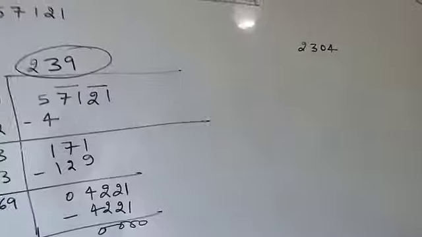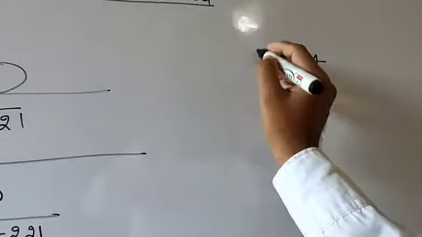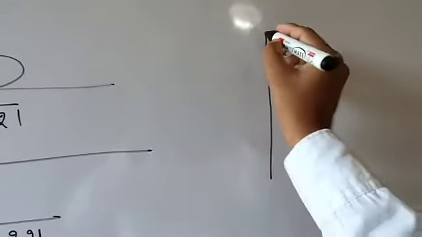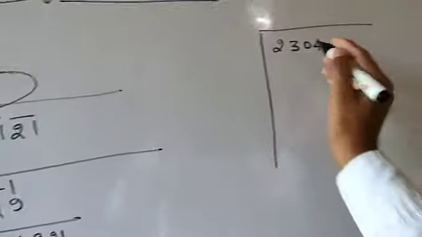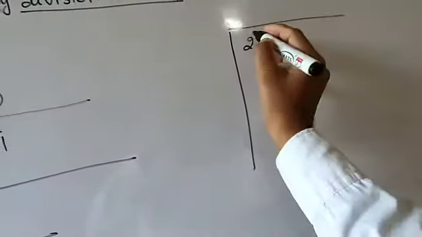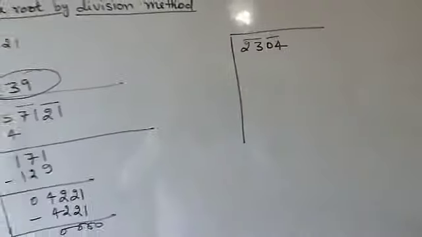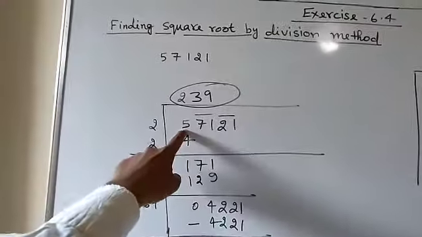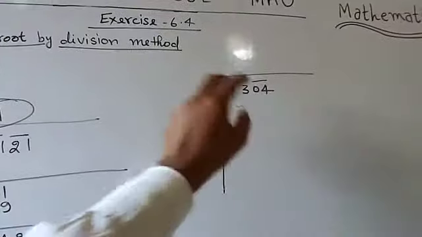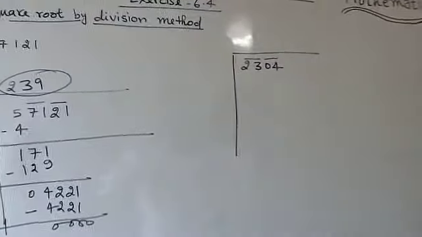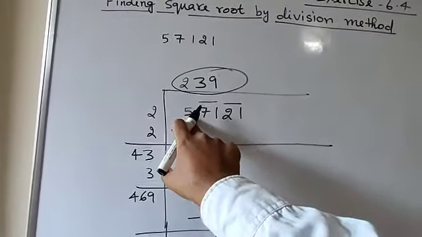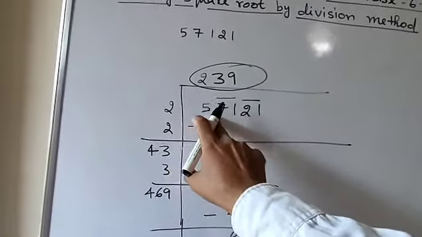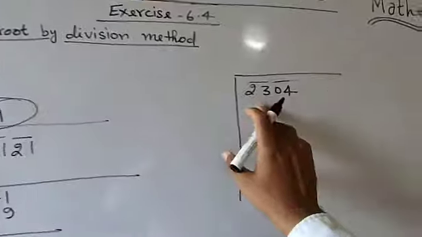Now here one more example I am going to take. Again here it is a number 2304. So whatever method you applied here, the same method you will apply here. You will make the pairing from the right side. Here you are going to find that each number is in a pair. There one number was left, but here each number is in a pair. Now here the first pair is 23, and there the first pair was only 5. There was no other number with 5, so there you had taken 5. But here it is 23.